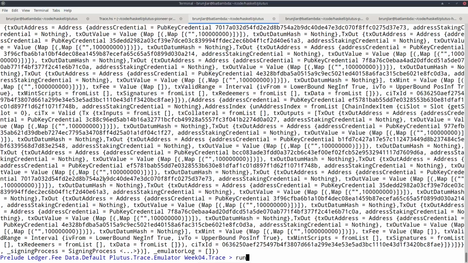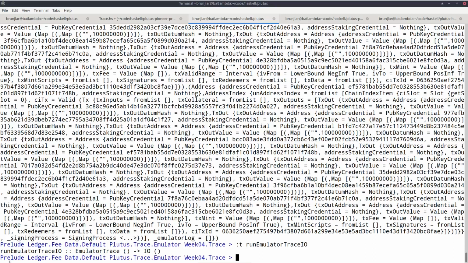But luckily, there's also something called runEmulatorTraceIO that just takes an emulator trace, no configurations, so those will just be the default configurations. And it's not a pure function anymore, it just writes something to the screen. So we can try this with our trivial trace that immediately returns.